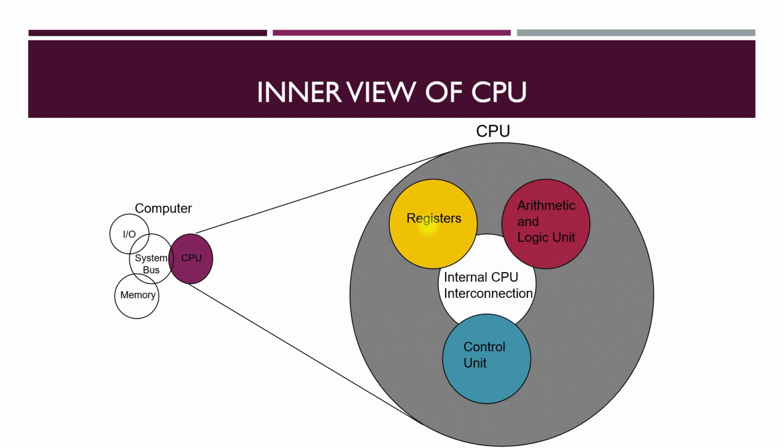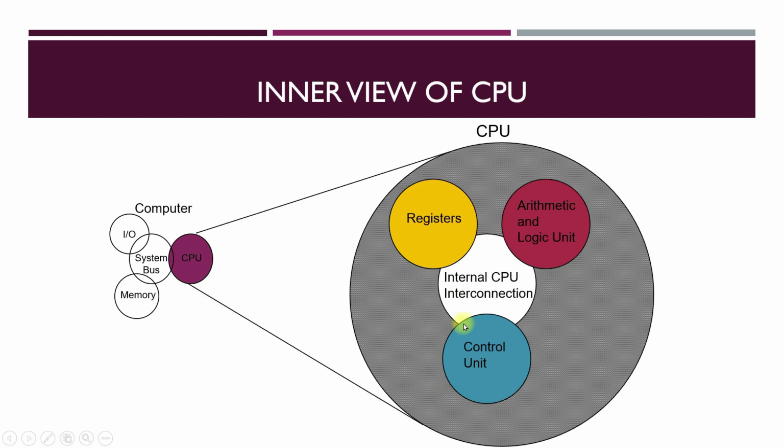Arithmetic operations include addition, subtraction, multiplication, and division. And logical units include some decision making operations, like deciding whether a case is true or false. Consider that A is equal to 20, B is equal to 15. Is A greater than B? If yes, then it will make a decision of true, and if A is less than B, it will decide it is false. So the true or false decision is taken by the logical unit.